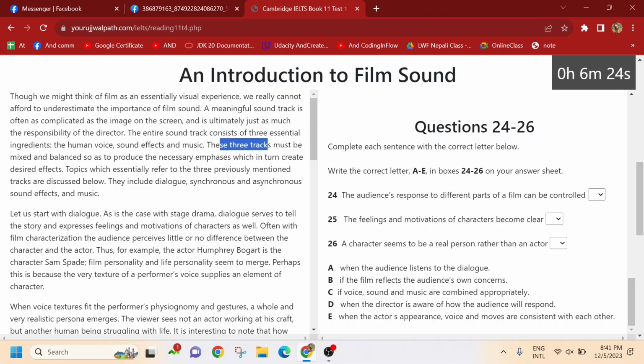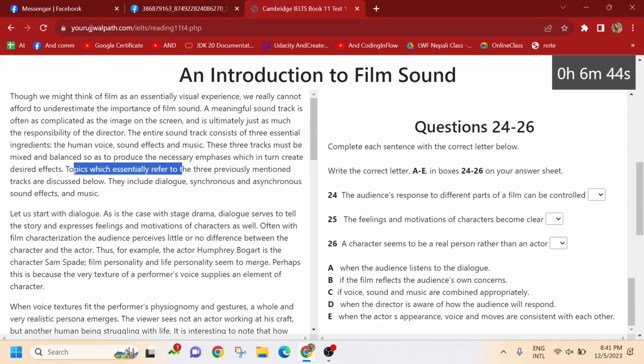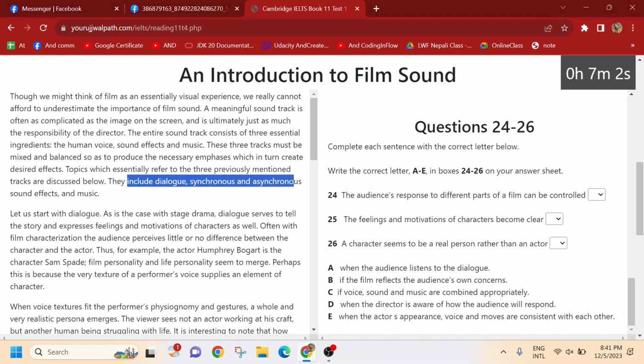These three tracks must be mixed and balanced so as to produce the necessary emphasis, which in turn creates desired effects. Topics which essentially refer to the three previously mentioned tracks are discussed below. They include dialogue, synchronous, asynchronous, sound effects, and music.